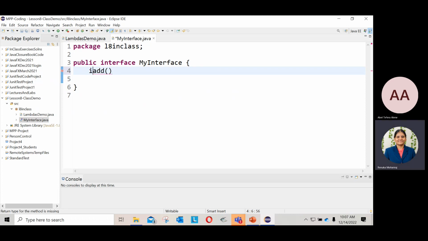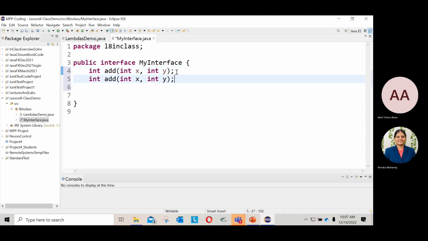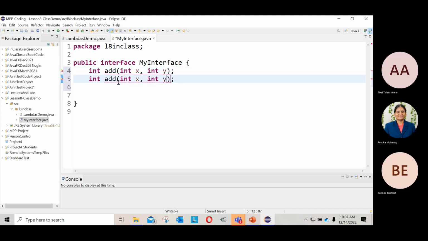The return type is int, add(int x, int y), right? Is this a functional interface? Yes. So I'm going to add another method. Is this a functional interface? No.